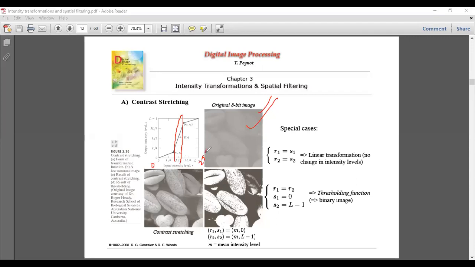For some reason the researcher is interested in only the values from 150 to maybe 200. That can happen, right? He wants them to be seen much more visibly, while he doesn't mind some compromise in the values before 150 and the values after 200.